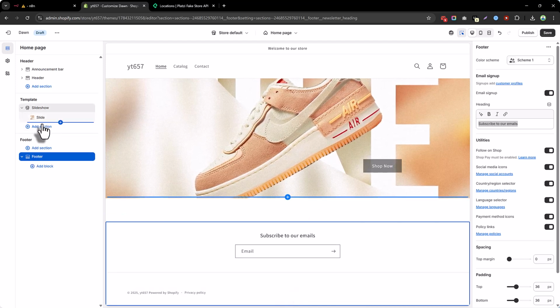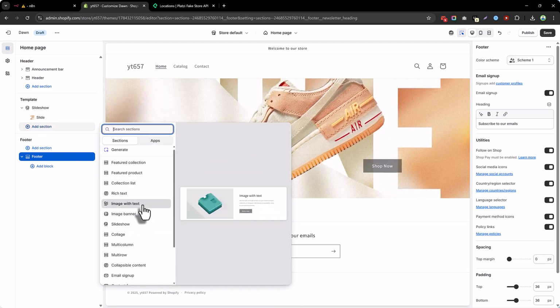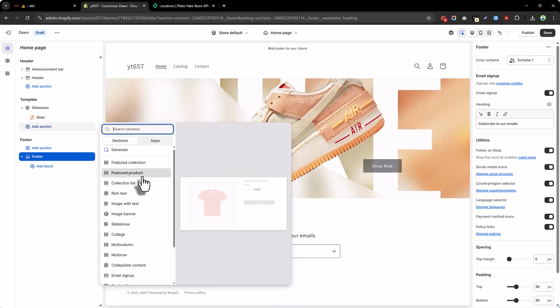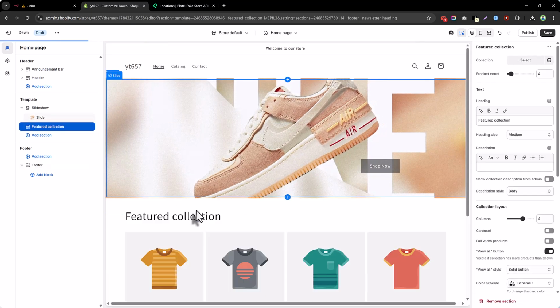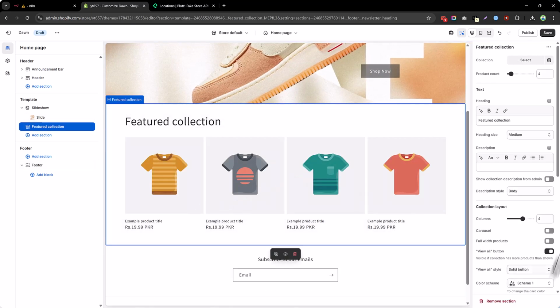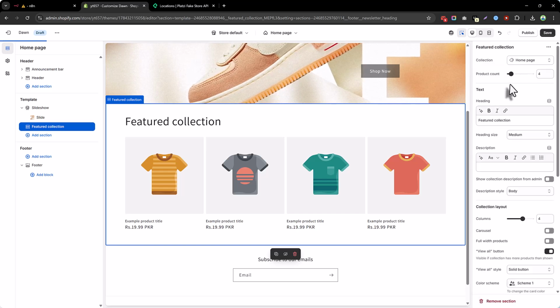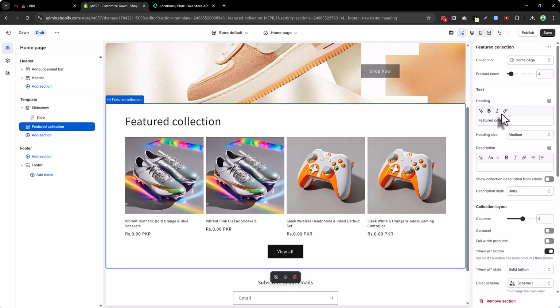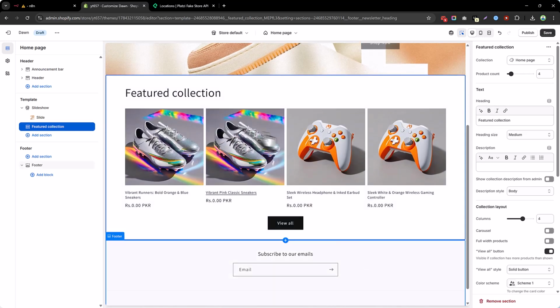on templates. Add image. Okay, in this we need to add the collections and we add this, and here we go. We add the collection first and in this we add